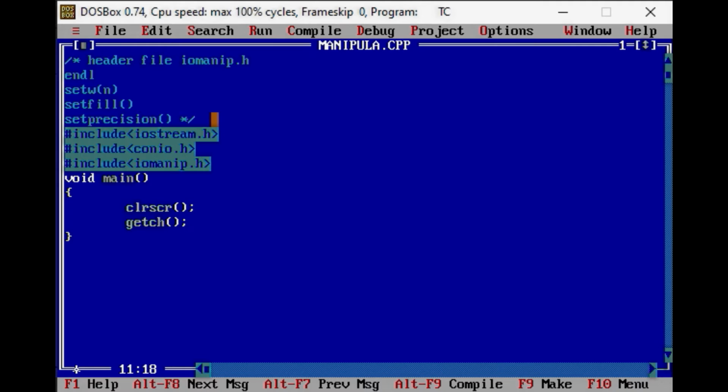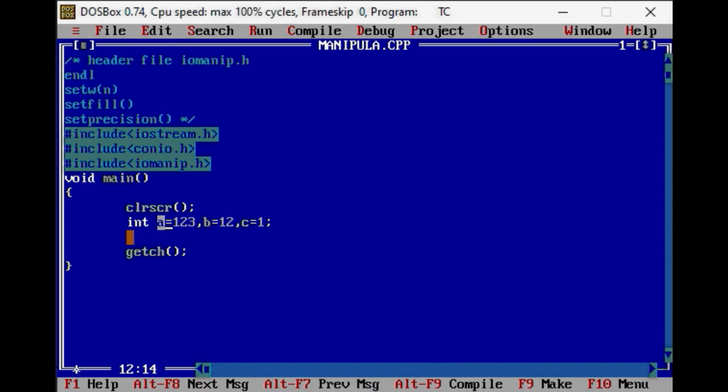In between, I am going to declare three variables. Suppose integer a is equal to 123, b is equal to 12 and c is equal to 1. Here I have declared and initialized three variables of integer type. The value of the first variable is 123. So the width of variable a is 3 here.